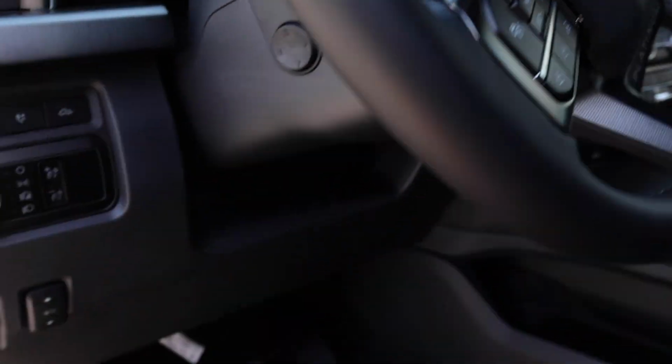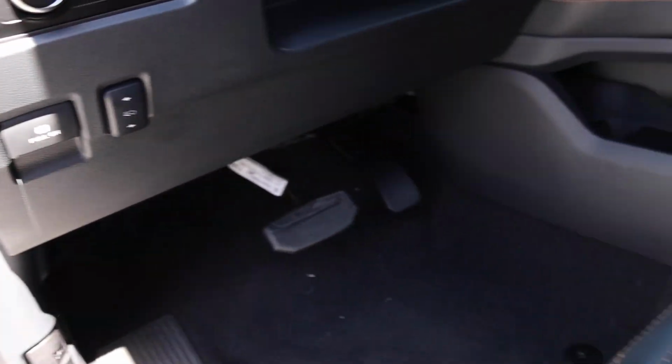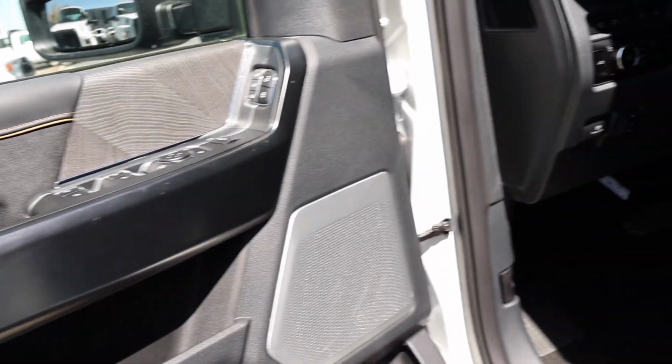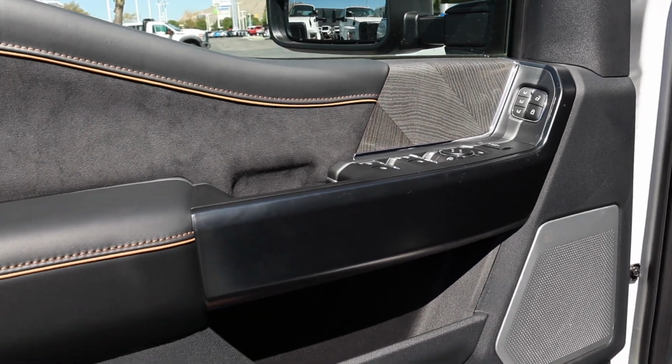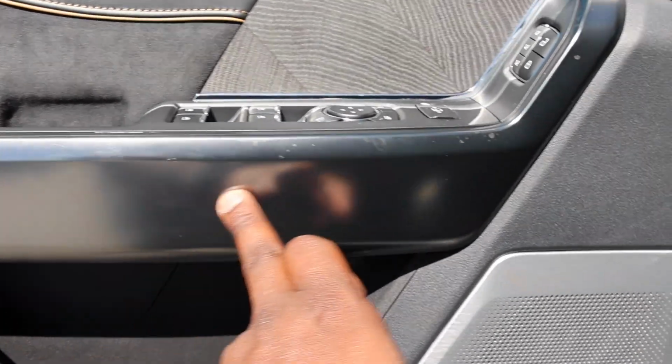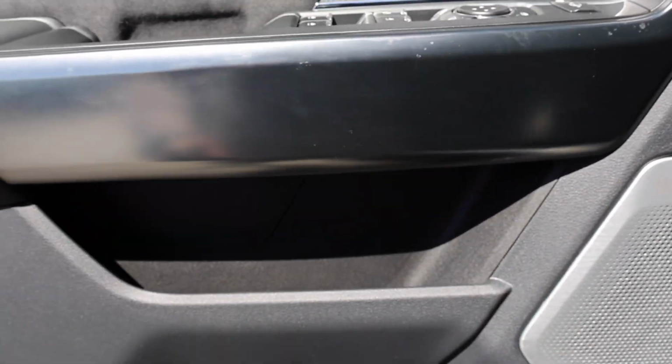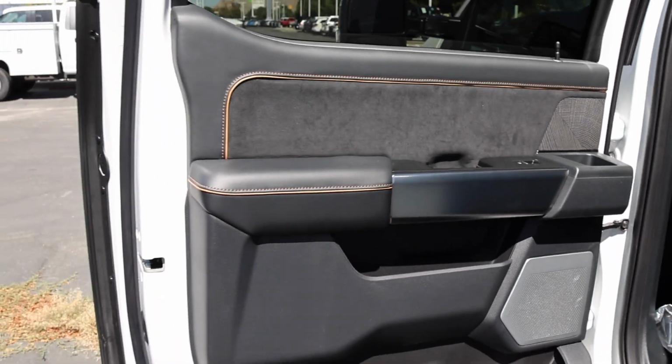You have power steering column and pedals, pretty much all the same stuff you saw on a Lariat Ultimate, you're gonna probably see on this truck too. But it's just a little bit more upscale now. I don't know if you guys noticed, they don't put Platinum here like they did King Ranch on that side. So that's just something to consider if you like those types of things. Out back, same treatment to the doors,